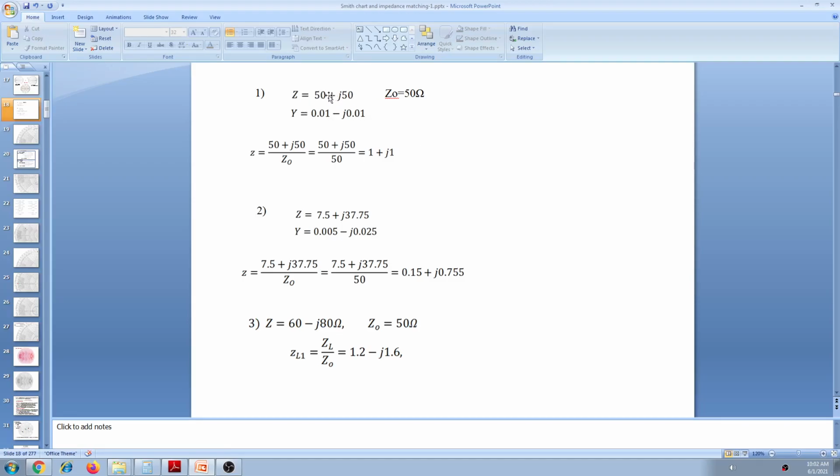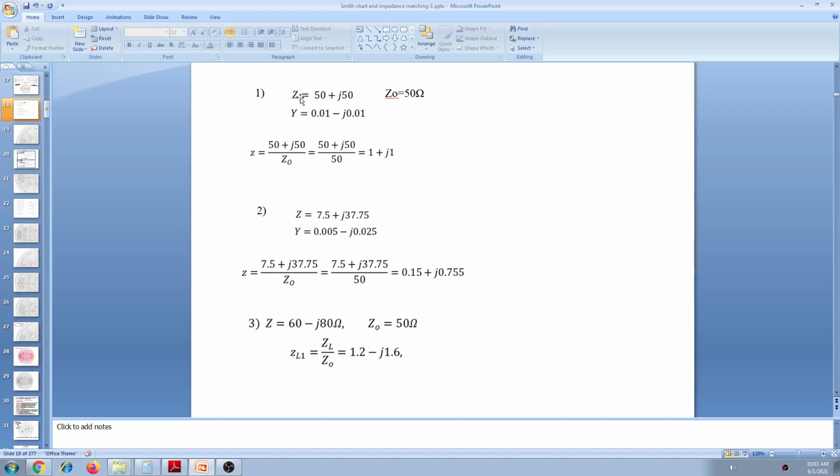So, this is an impedance, and the equivalent admittance is equal to this. The calculation is mathematically 1 by z. We have to do 1 by z, and after simplification, we are left with this answer. But you can easily obtain this value from the Smith chart if you know the given z, as we discussed in the earlier class.